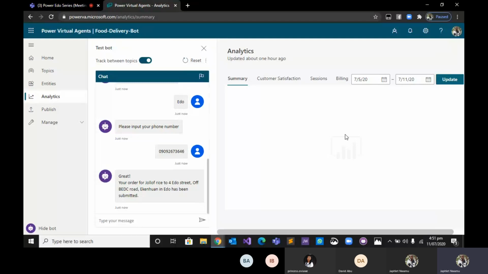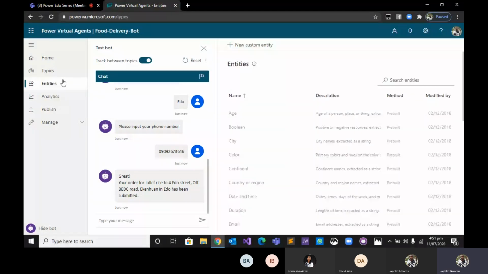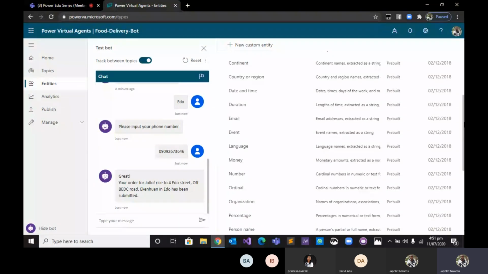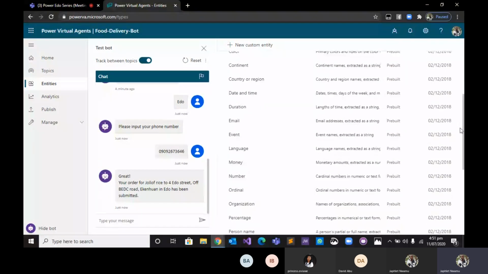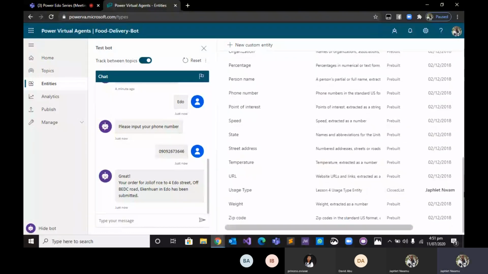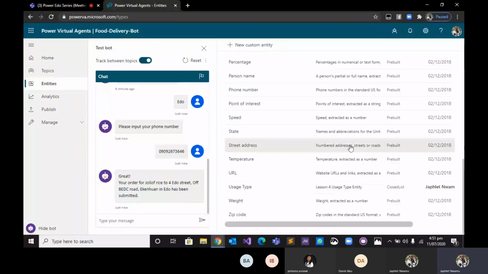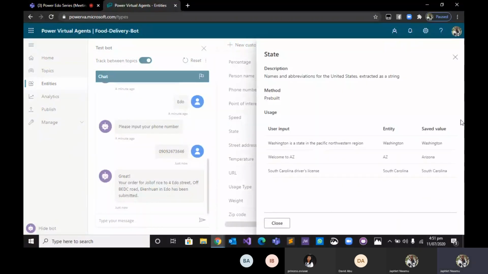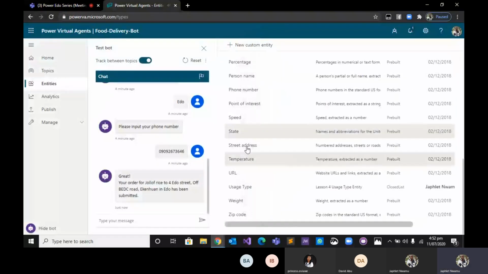In analytics, it makes use of Power BI to show you how your virtual agent is doing. Now, a look over some entities, some things it takes note of. So we'll have age, all of those things we saw featured there, state, and all of that. Now, this was the issue we had with states. Notice it only has AZ, South California, stuff like that. So we can add our own.